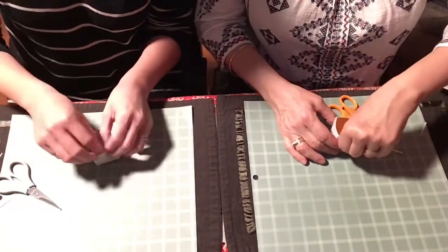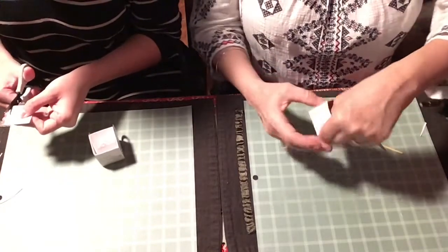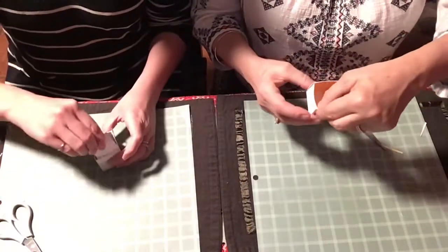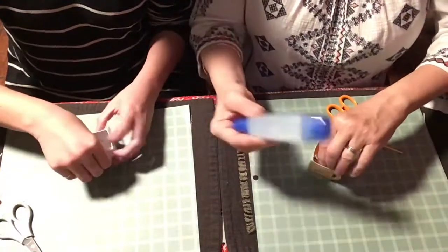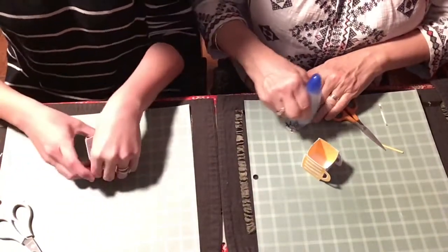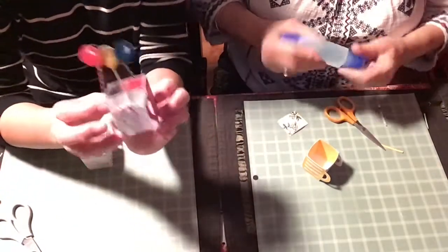There you go. And again, you can glue those in there at any point in time. Matter of fact, I might glue mine in. I think I'm ready for this set to be glued in. Okay. While you're doing that, I will show on this birthday one, maybe you can see if I can catch the light,